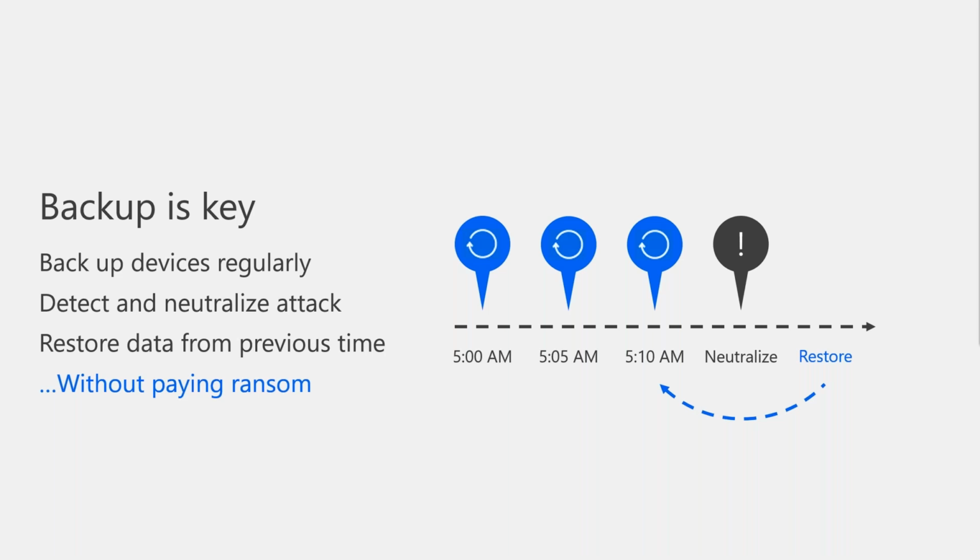So that means you can restore from whatever point you feel comfortable from before that ransomware got onto your network and was dealt with. And since you're going to restore that data yourself, you don't need to pay the $100,000 to the attackers, and you can get everything up and running, no problem.